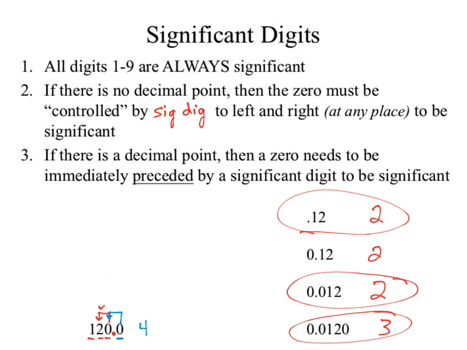Okay. The upper right-hand one we'll ditch for the moment. Okay, so we'll look at this kind of middle one. The 1 and the 2 are significant. Okay, I do have an explicit decimal point. For the zeros to be significant, what has to be true? It has to be a significant digit to the left. Is there a significant digit there? No. There's literally nothing written there, which means not significant. Move to the next 0, move to the left, what do we see? A non-significant digit, which means only 2 sig figs. Starting to make sense? Yeah.